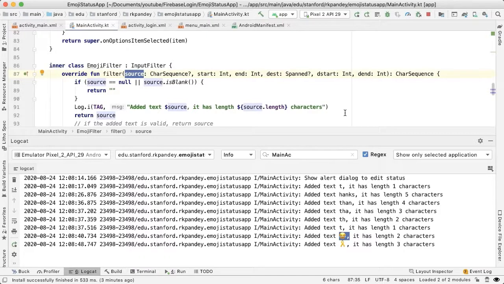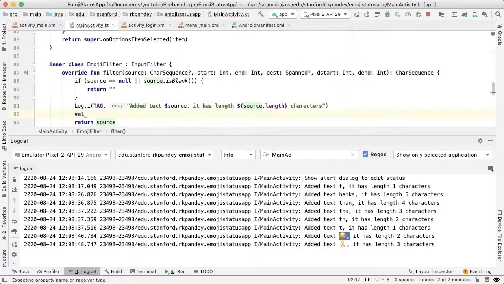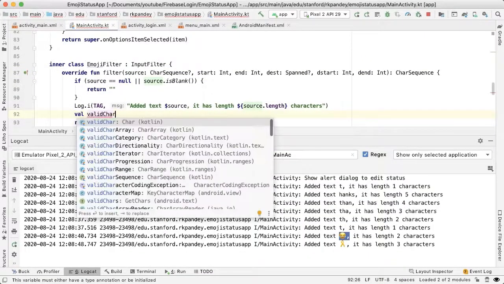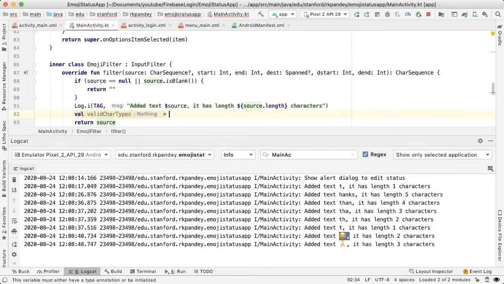Each character has a type, and what I have found based on some Googling is that every character of an emoji has a certain type of character. And we're going to check, based on iterating through this char sequence, whether each character fits one of those valid types. And so let me just show you what the valid types are. So I'm going to define a list here called valid char types. And this is going to be a list of,